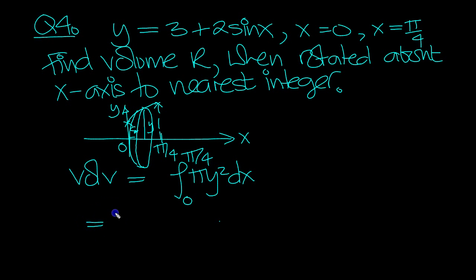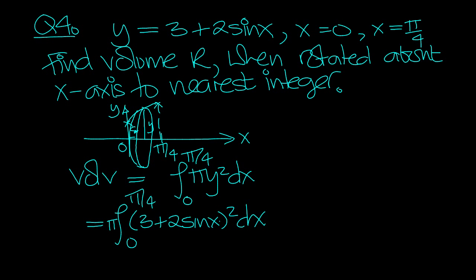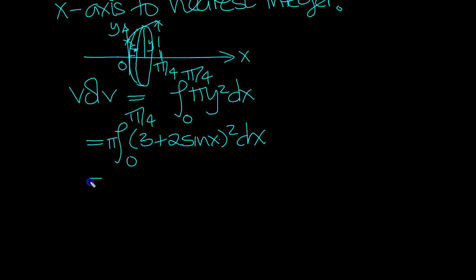So that's equal to the integral between 0 and pi over 4 of pi y squared. y squared is this squared. Okay, so we end up with pi times 9 plus 12 sine x, expanding this bracket, plus 4 sine squared x